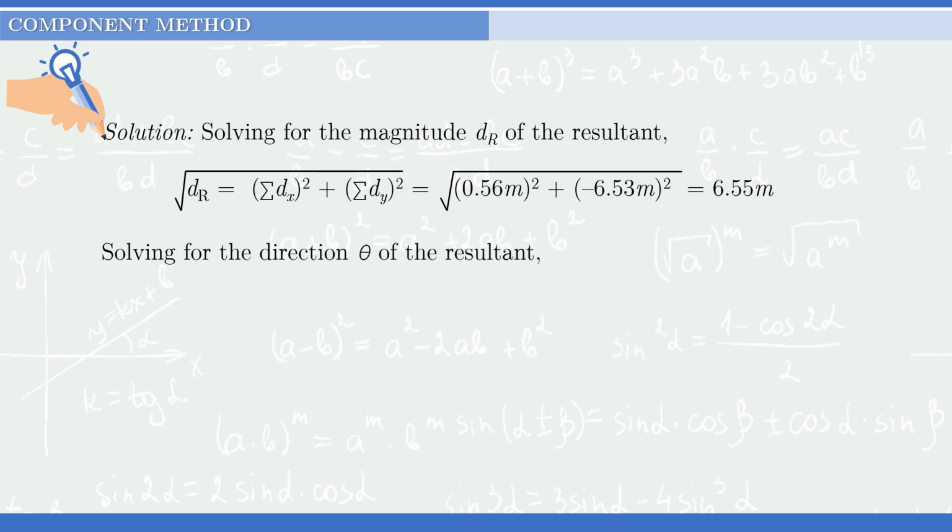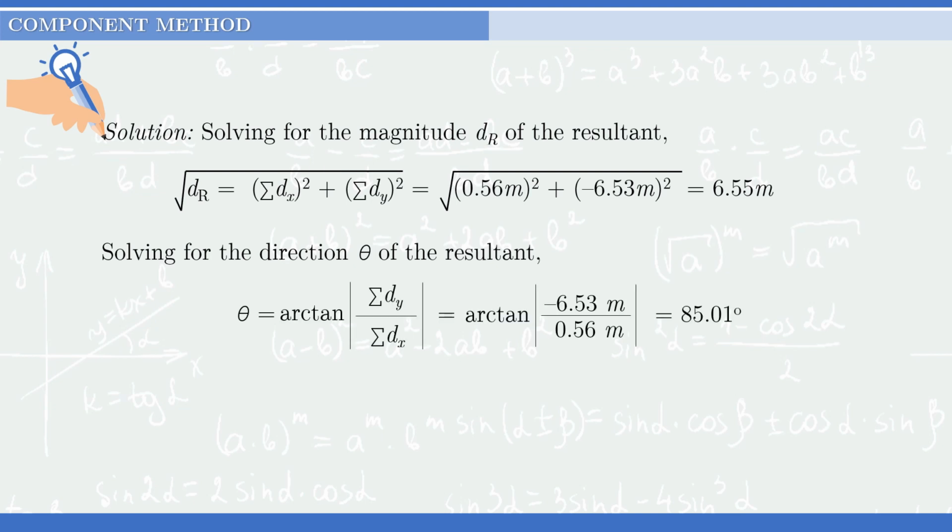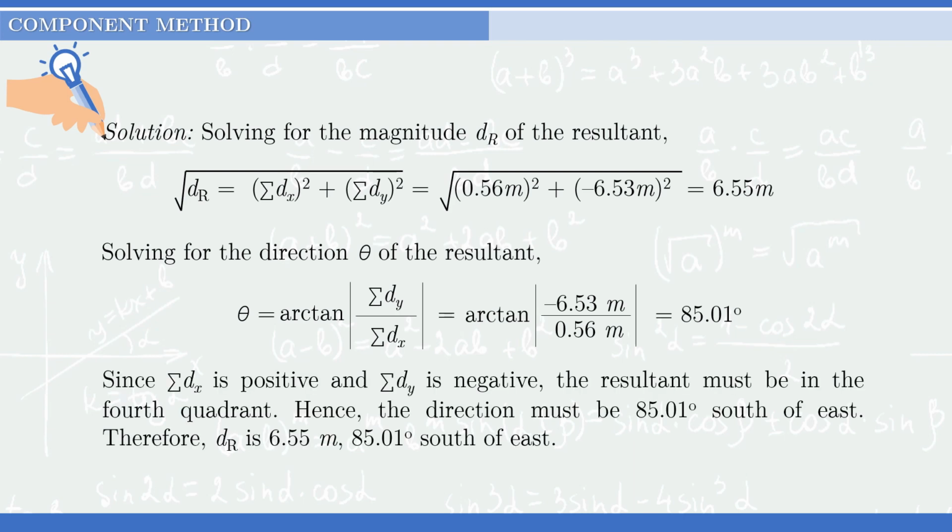Solving for the direction theta of the resultant, we follow the fourth step. Theta is equal to arctan of the summation of d sub y over the summation of d sub x, which is equal to arctan of negative 6,5300 meters over 0,5600 meters, and that is equal to 85.100 degrees. Since the summation of d sub x is positive and the summation of d sub y is negative, the resultant